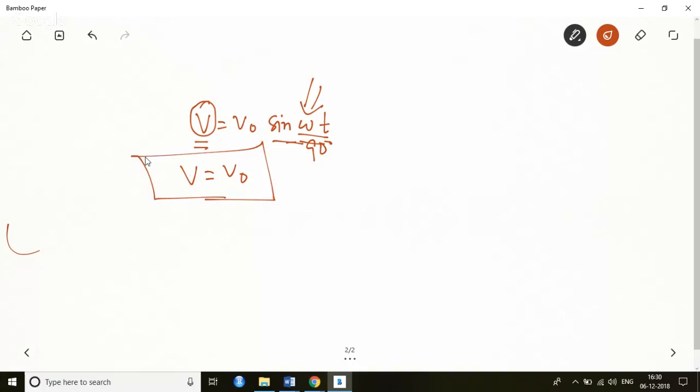Disadvantages. Disadvantage one: as it is always changing, there is some peak voltage because it is a sine value. So you can understand that V is equal to V naught sine omega t, I am writing. As the value of omega t keeps on changing, the value of V keeps on changing. As soon as omega t becomes 90 degrees, V becomes its highest value, V naught. And suppose you touch or get a shock when V is equal to V naught, it's very dangerous for you. So peak voltage is dangerous in this case,